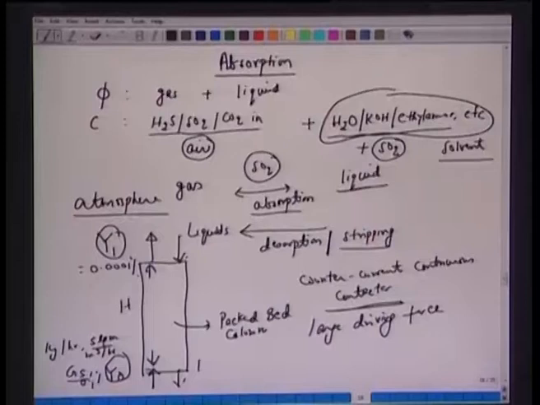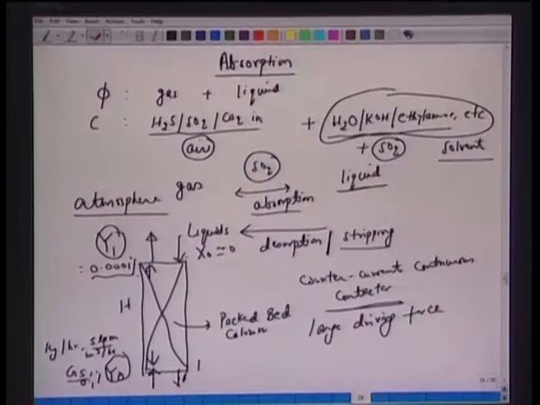Let us say that we have this packed bed column. So, here we have some kind of packing, we will discuss this also later. These two streams are essentially brought in contact in the counter current direction, opposite directions, and then this gas is treated and makes an exit after the concentration is so much reduced, and the liquid concentration changes, say pure solvent if x0 is approximately 0, or x1. So, at the end here y1, this is x1, and here this is y0. So, we have this x0 here.